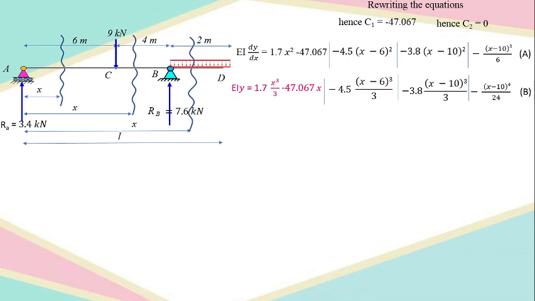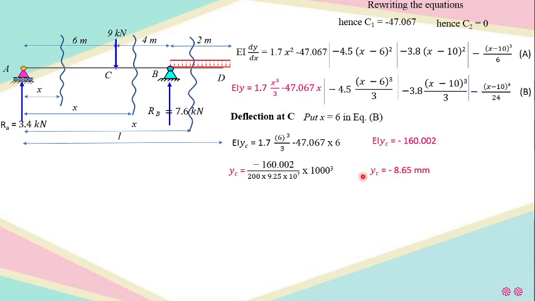So this is the slope at point D. After this, what is to be found out? We are required to find out the deflections at various points. What are those points? Deflection at C is asked. Is it okay? So at C, x is equal to 6. So at x is equal to 6, take equation number B, which is the generalized equation for deflection. Put the value of x is equal to 6 in that equation, simplify it, and you will be getting the deflection is equal to minus 8.65 millimeter. Why minus? Because it is downward. Is that okay? And how many terms did I take? As x is equal to 6, again only the first term, and then I have substituted the value of x is equal to 6.